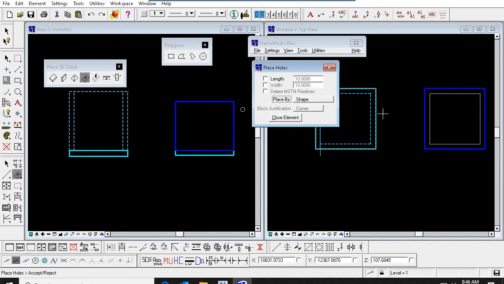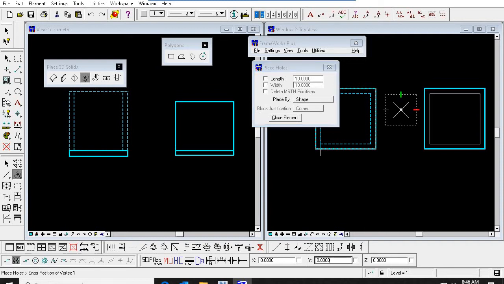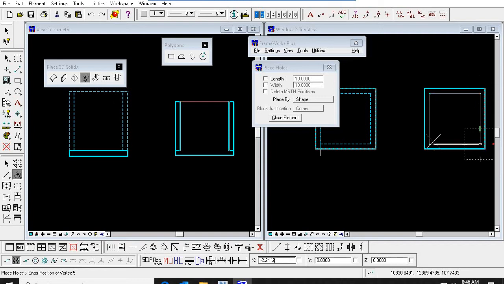I'm identifying the solid. I'm clicking inside. Now I'm placing the shape from this point to this point, this point, this point, and this point. So I'm just right clicking and exit.